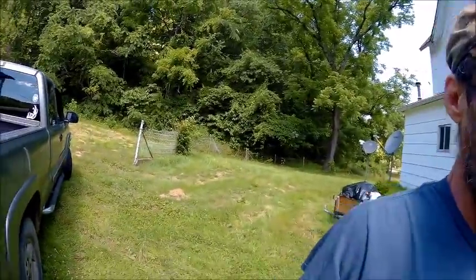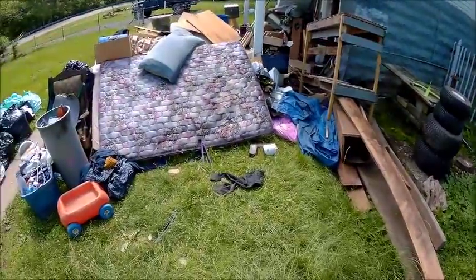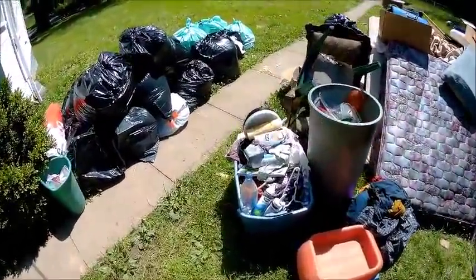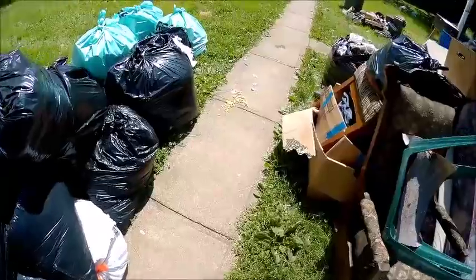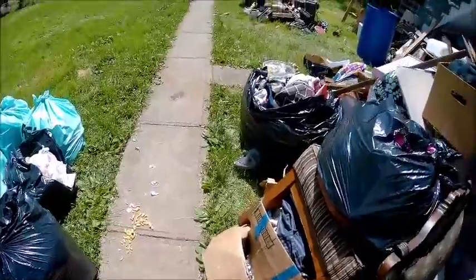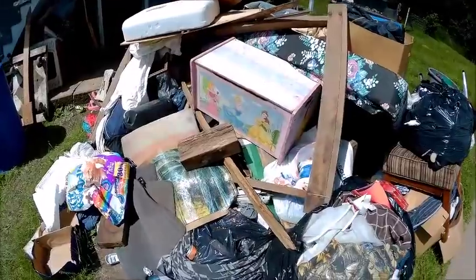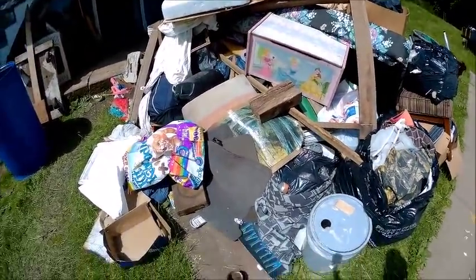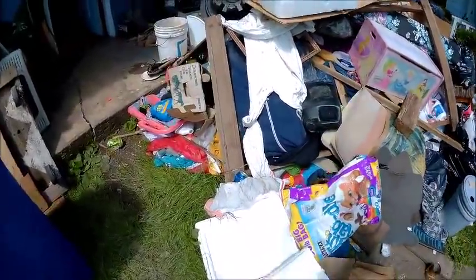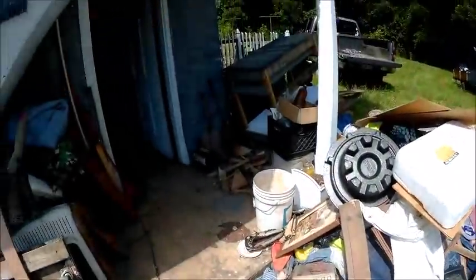And right now we're just taking stuff up there to the burn pile. But this is the trash that we got to worry about. I got to get this out of here. Last night we had a coon come in here and destroy this. It was worse than this, and I cleaned it up a little bit. But all this trash come out of that building and the house. The biggest part of it come out of the house. And it's got to be gotten rid of. So we're burning what we can burn, and the rest of it we're going to bag it up and take her out of here. This is going to be the new shop,